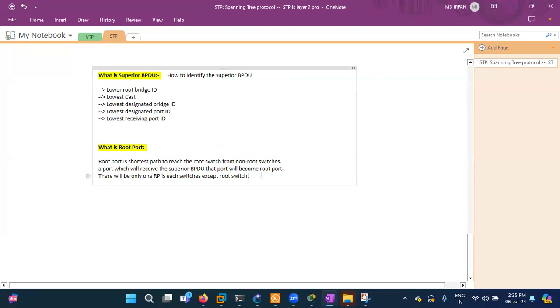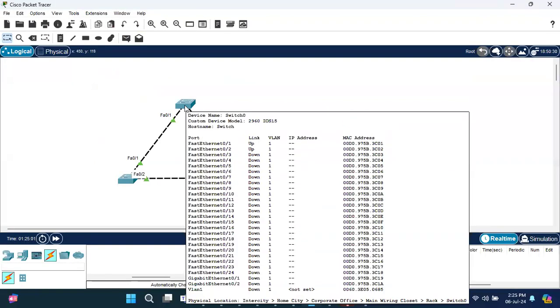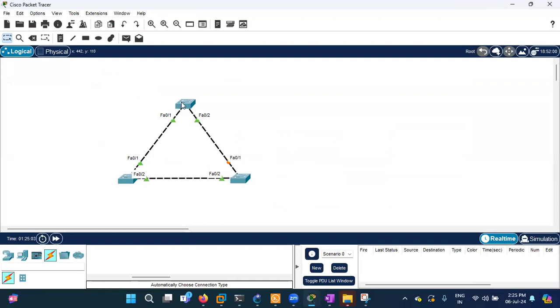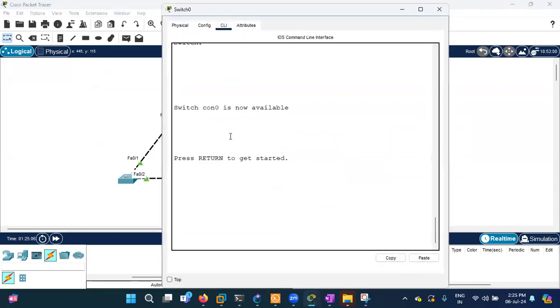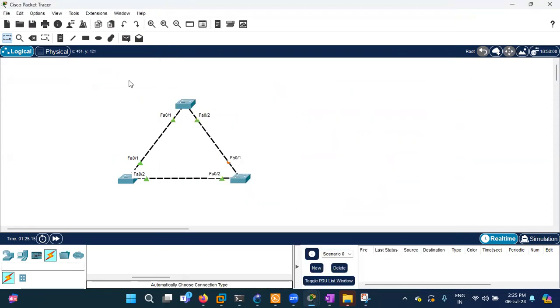Okay, now I will give you a scenario. This is the scenario. You need to tell me which is the root port. Let me write some of the things here. This is the MAC address. Bridge ID means it's the local MAC address. You will answer very quickly, I hope so. And priority is 32768.